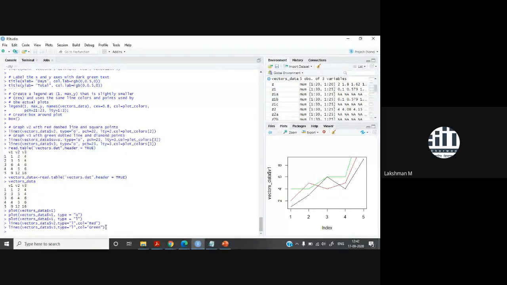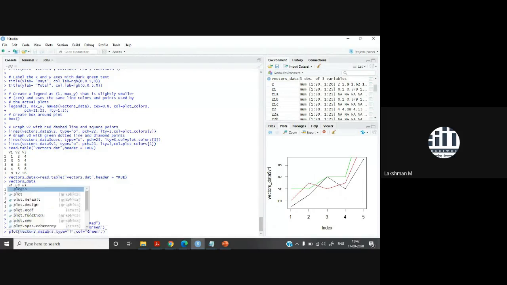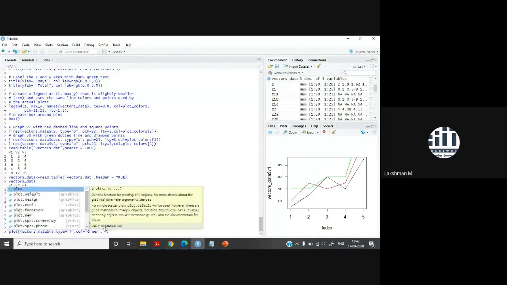Suppose you want to remove the axes. So what command do you have to put here? Always, every parameter and argument of a particular command is separated by a comma. So plot is the main command. Line is just bringing the line or curve. Also there is one more command, with which a curve also you can draw.